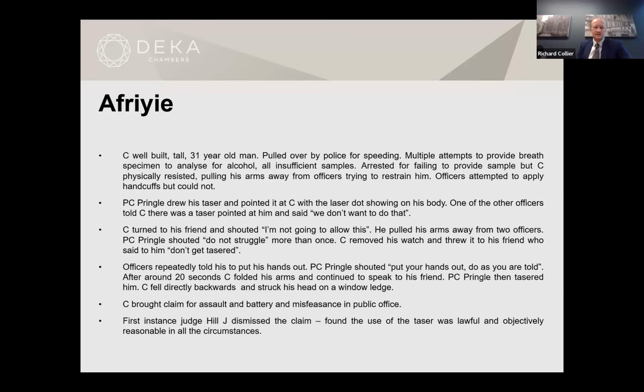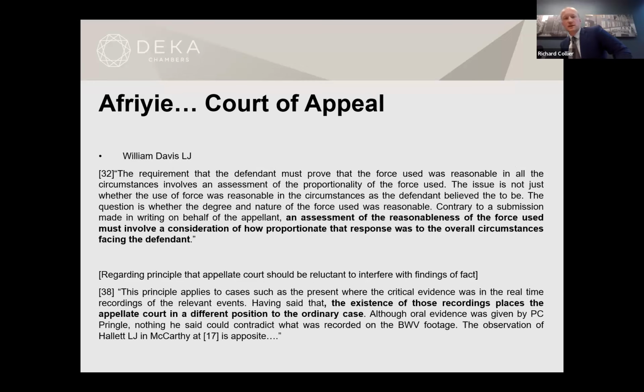assault, battery, and misfeasance. And at first instance, Mrs Justice Hill dismissed the claim in a judgment that, to my mind, was very considered and well reasoned. She found that the use of the taser was lawful and objectively reasonable, but Lord Justice William Davis disagreed, and